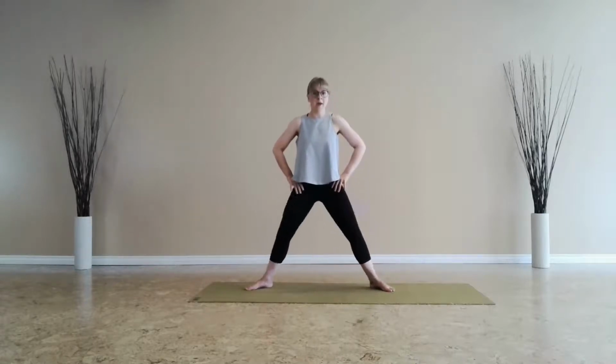Toes this time go out, following the direction of the knees and the hips. Bend the knees. Come back up. 1. We'll do 10. 2, 3, 4, 5, 6, 7, 8, 9, 10. Hold down. Move those arms straight ahead of you, and then could you drop a little lower and